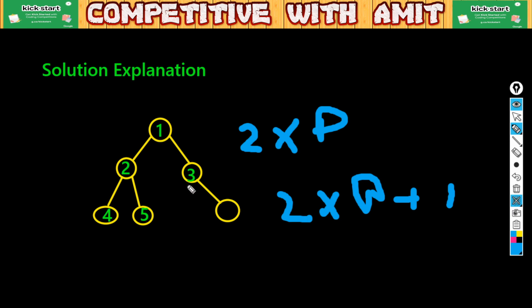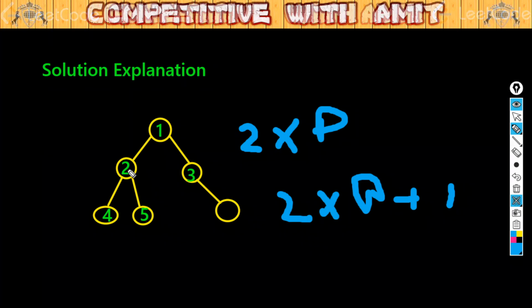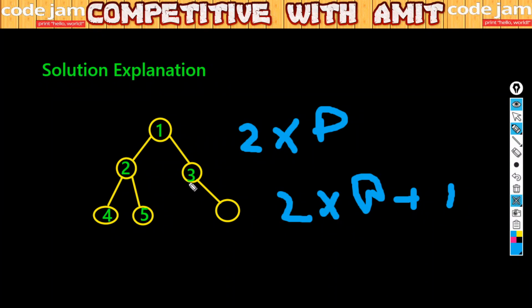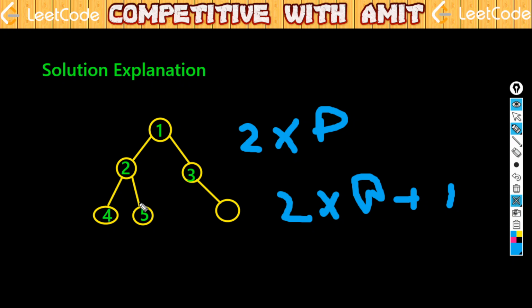It will be, what is its left? Its left is 2 into p, and what is its right? 2 into p plus 1. So for p equal to 1, it will be 1 into 2, which is 2, and 1 into 2 plus 1, so it will be 3. Now similarly, if we do this for the next one, 2 into 2 is 4, and 2 into 2 plus 1